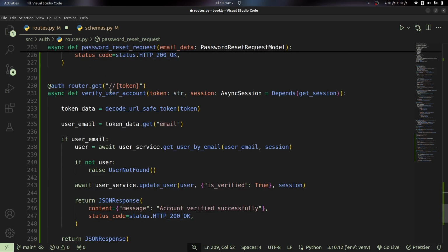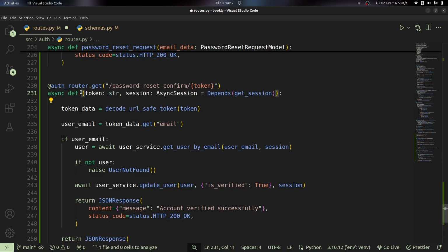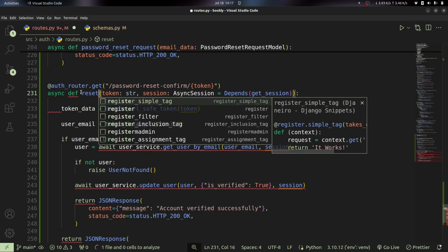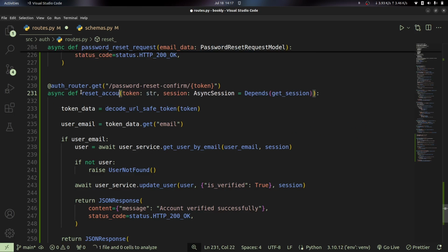So then we shall go ahead and provide this. So this is going to be password reset confirm, and then we shall provide our token. So instead of verifying user account, for our case, we are going to be changing, or let's say we're going to be resetting account password,